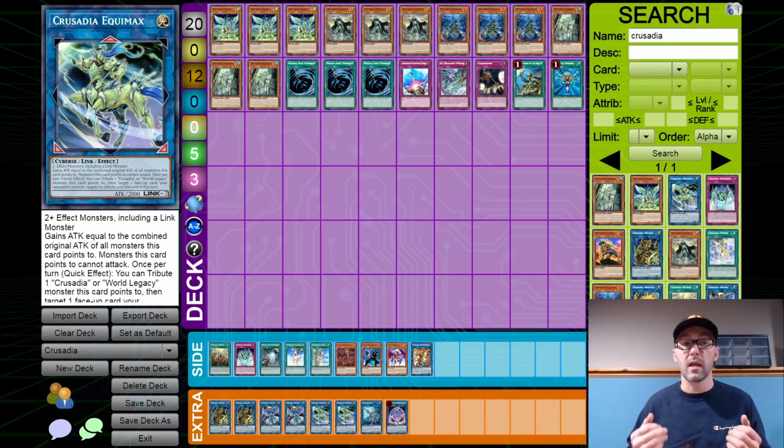I would argue that Crusadia is better positioned to take advantage of Equimax's turn 1 effect than Goki was of Master Ogre's turn 1 effect, because Crusadia has an easier time getting materials on board. In addition to that, Equimax is only a link 3, so it requires 1 less material. And even more on top of that, with Crusadia's ability to spam bodies and find extra bodies to put on board, to set up the turn 1 with the extra body for the negate, all you need is 2 Crusadia